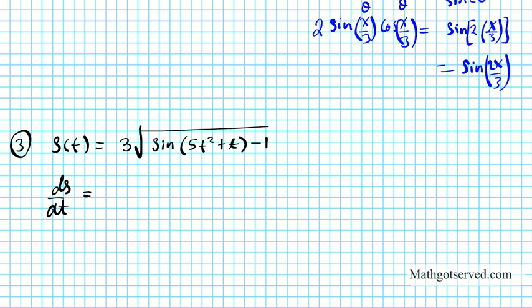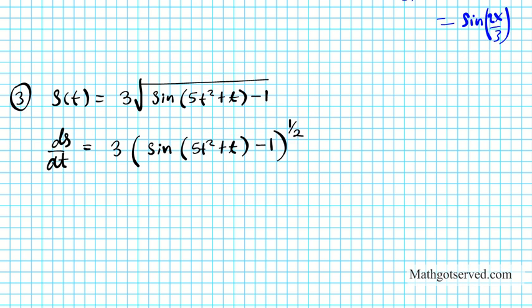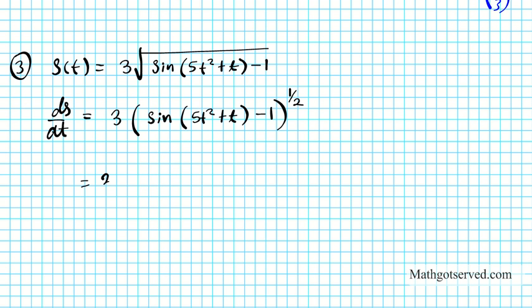So let me rewrite this. It's going to be 3 times sine of 5t squared plus t minus 1 raised to the 1/2. Okay? This is another way of writing it, so I can use the power rule. Alright, so we're going to start from the outermost one, differentiating this power right here. So it's going to become 3 times 1/2